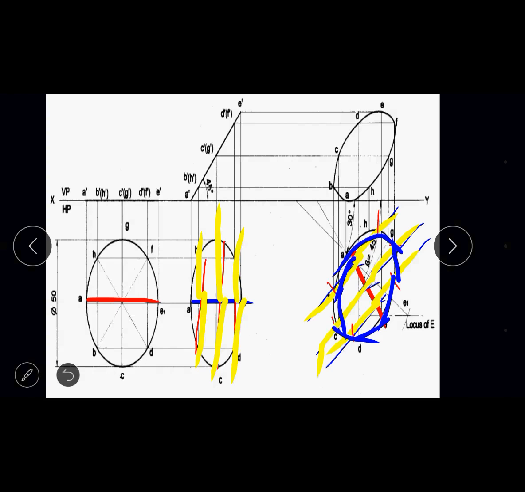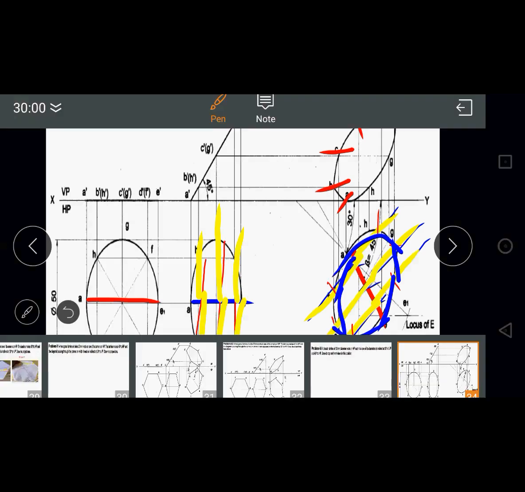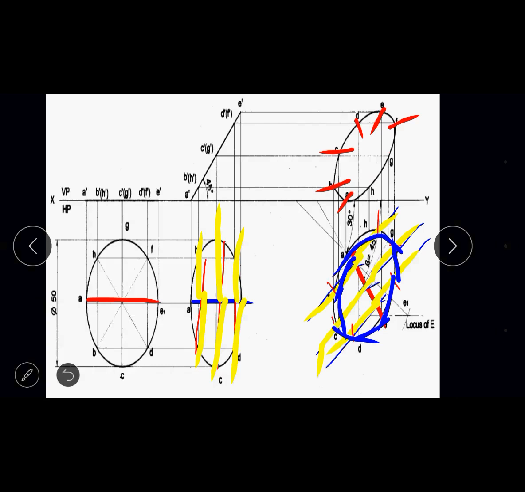Similarly, for the last problem, draw the projection lines from all the 8 corners of the ellipse, and then draw the projection lines from the front view. Mark those positions. Study those and mark all those 8 corners. Then after that go for freehand sketch.